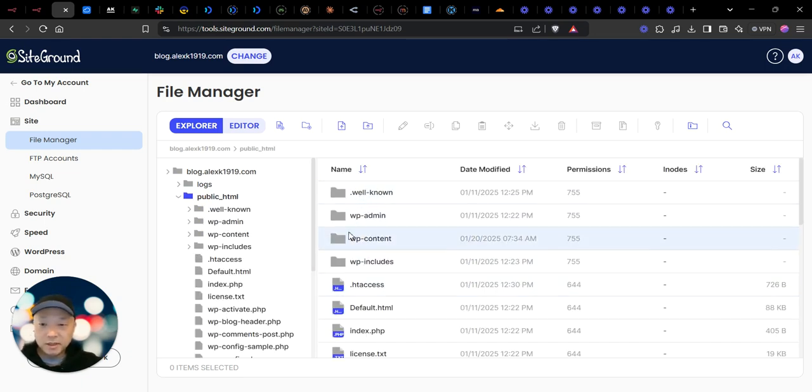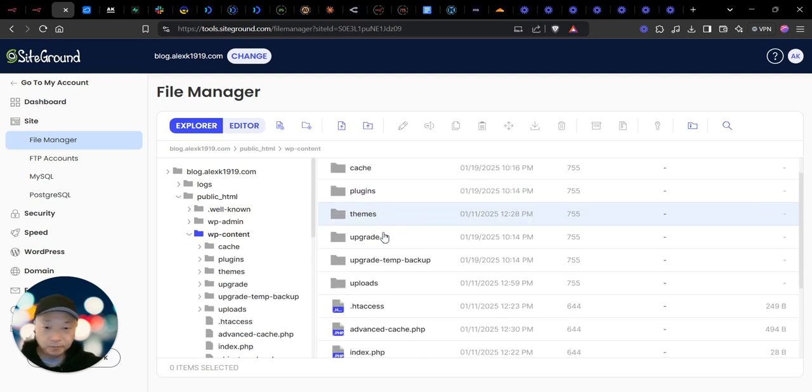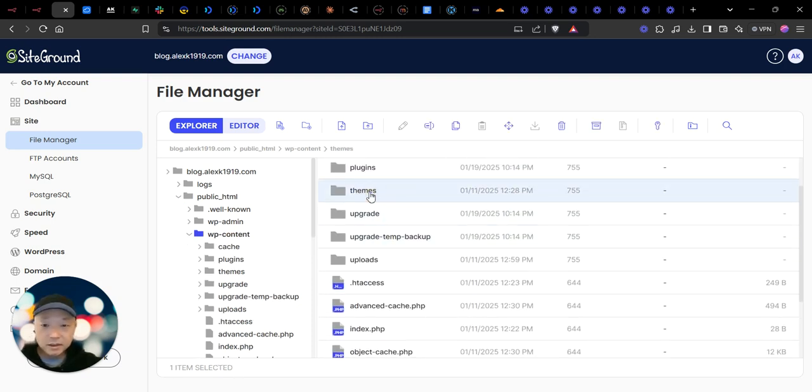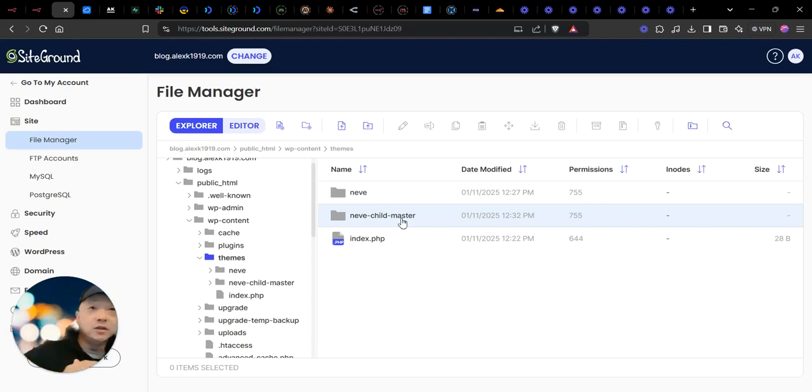So here is my blog WordPress implementation, and if you don't have some sort of file manager interface for your WordPress hosting, you'll use some sort of FTP access or SSH access. I'm not sure, but you'll need to figure out how to get to this file. Okay, and this file is under your public WP content